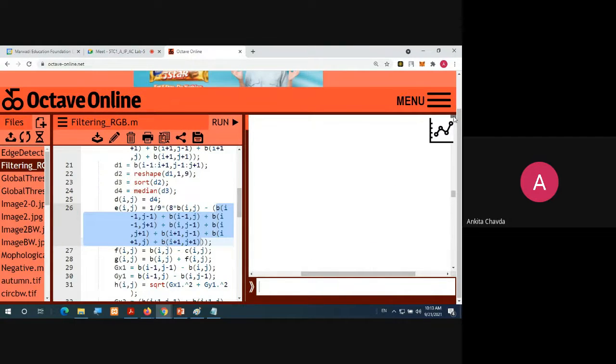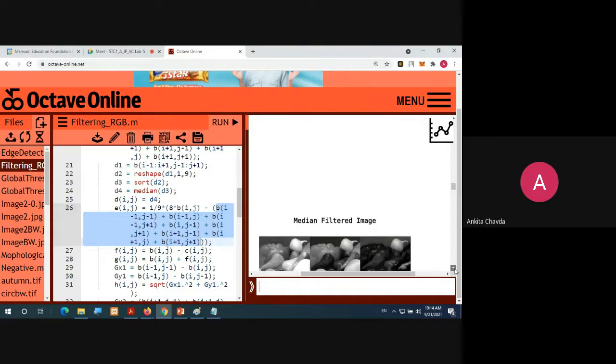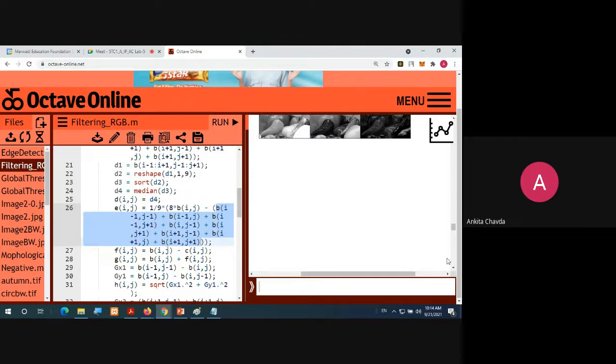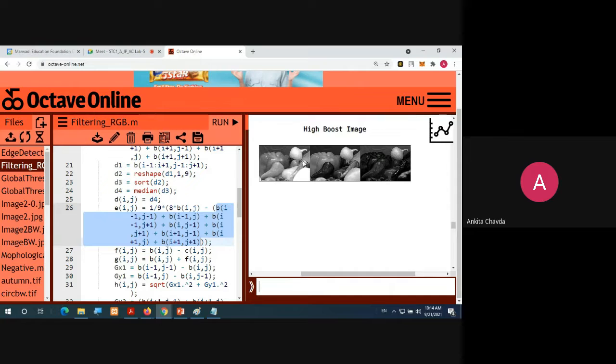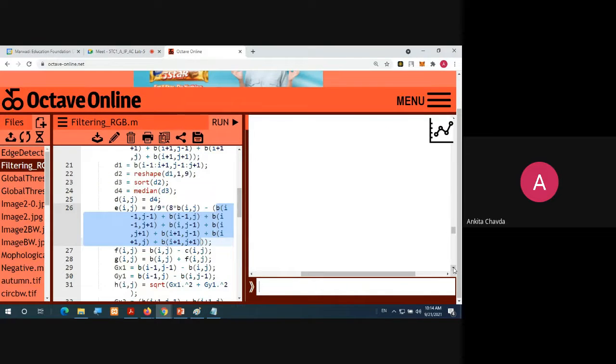After this average filter you can see how blurred it is, and after adding this mask you have this image. So you can differentiate this, right? After removing the noise you have sharpened your image.